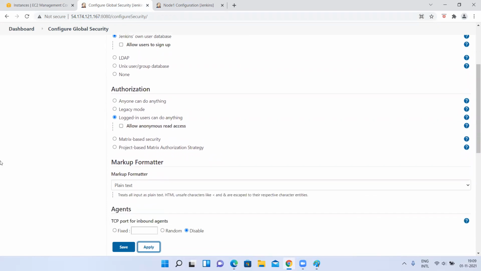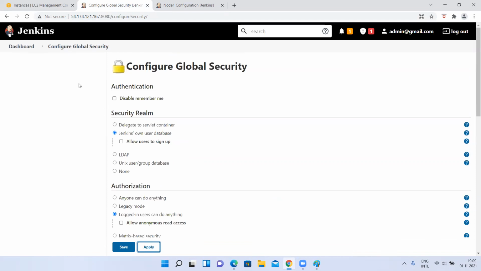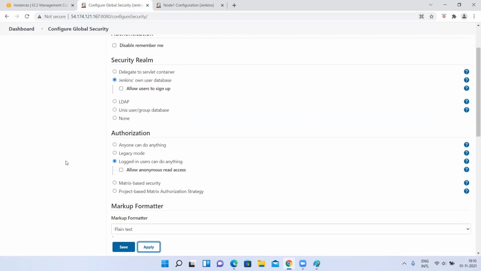Okay, next. This is authentication, meaning who can log in to my Jenkins? For example, for those users for whom I have created a username and password, those credentials are stored in my own Jenkins database. I'll share that username and password with them, so they can log in to my Jenkins. Or else LDAP, if I have configured Jenkins with my office LDAP server, so all of my employees who are connected to my LDAP server, meaning all my office colleagues, can log in.